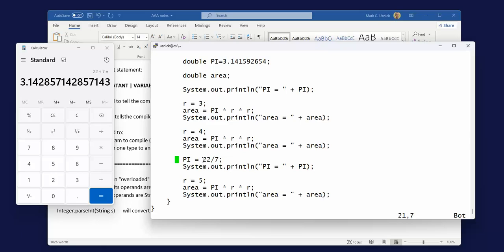This looked at the dividend, which was an int. The divisor was an int. It calculated the quotient and returned it as an int. And to be clear, when you do int division, it truncates. It doesn't round. So in the world of integers,